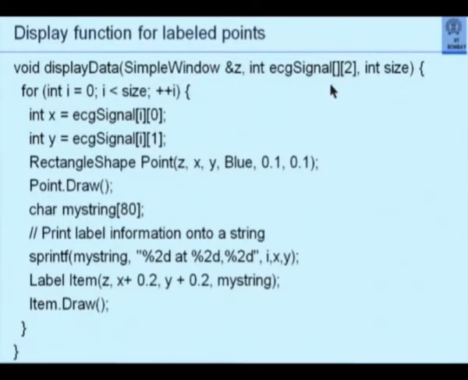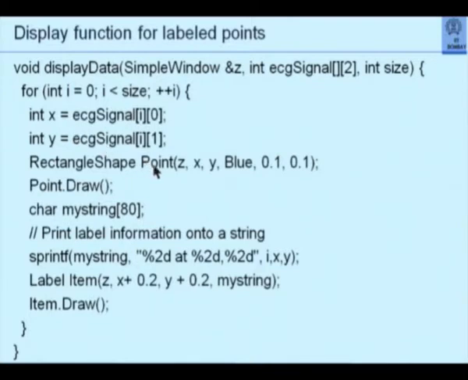Remember, in your declaration, you may have 500 points, 1000 points or whatever. What am I doing? I am saying for I equal to 0 to size minus 1, I am getting the x coordinate as I0 and y coordinate as I1. Apparently, somebody else would have assembled this entire array of positions x and y for those points. Having got these, I want to draw a point.